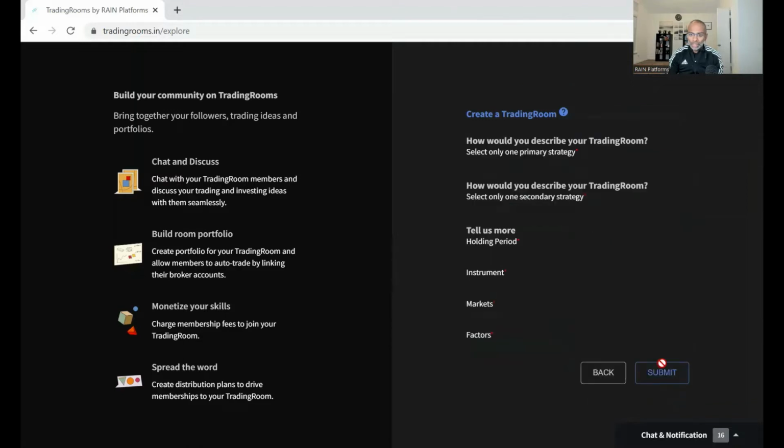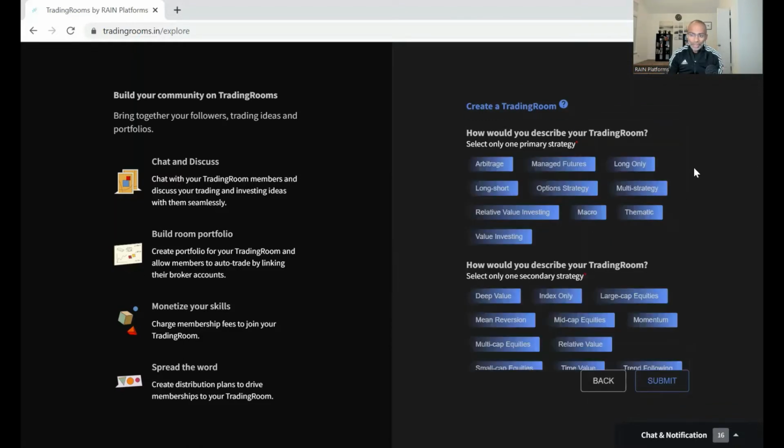Then click on next. And here, this is where the magic happens. So here you want to just come up with a general tag for your room. Now, the reason we have this is because if at any point in time you do decide to make your room publicly available, then this is what makes your room discoverable on TradingRooms. We have an algorithm in the back end, which allows the right rooms to show up based on what people